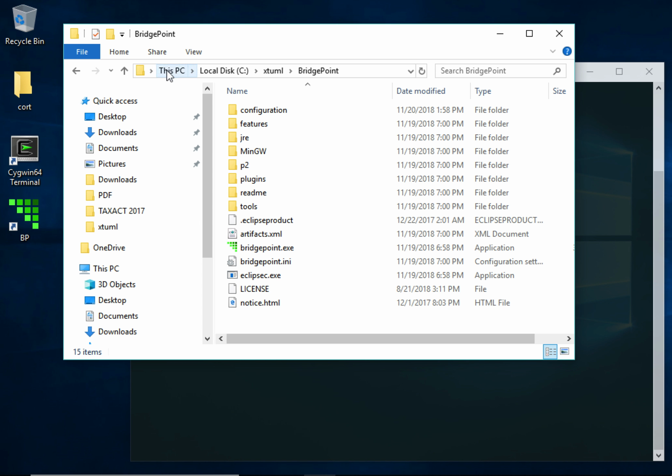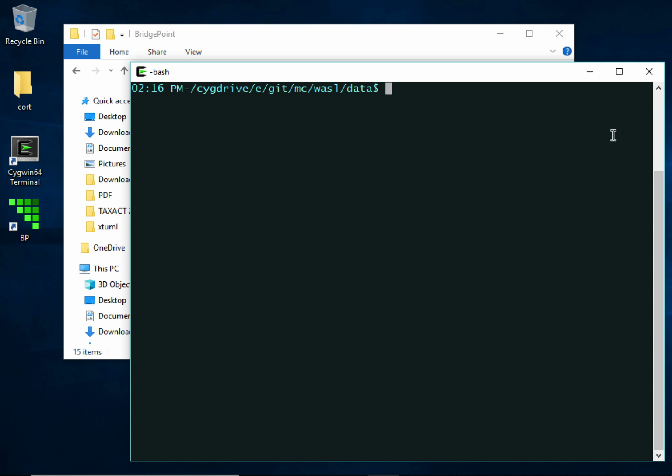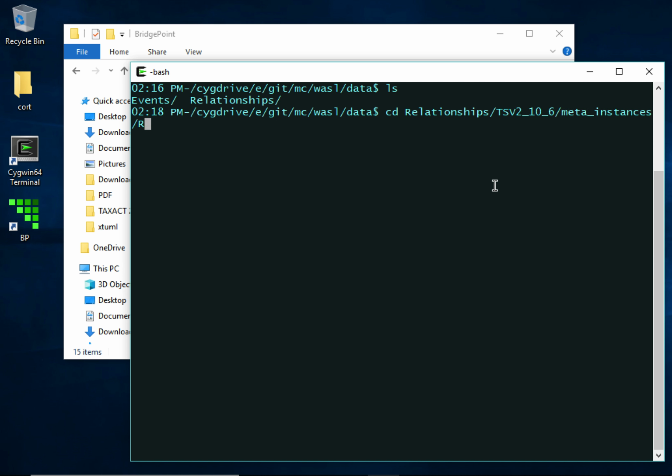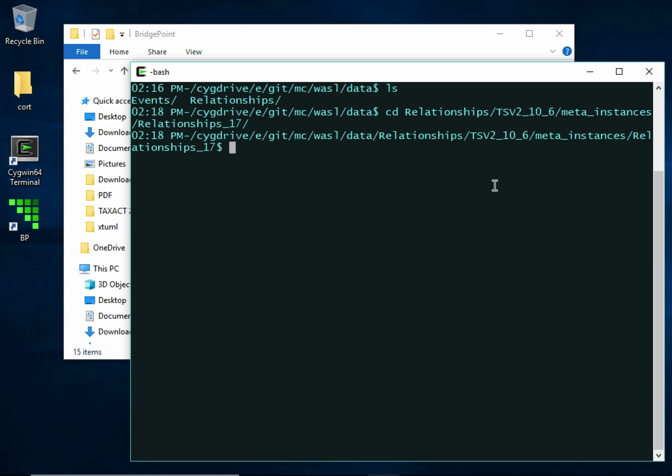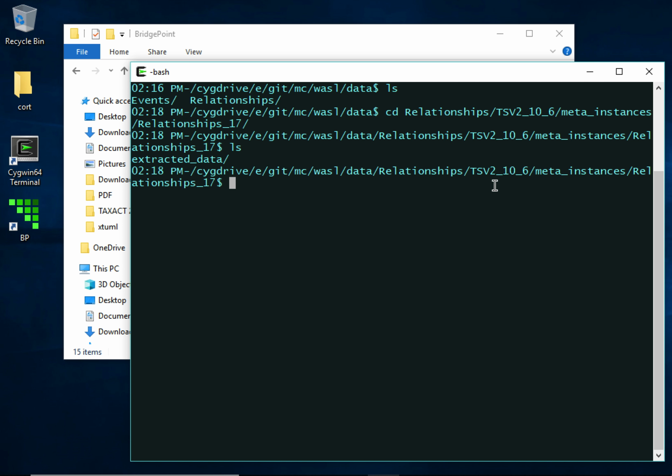In this demonstration, we're going to convert the relationships WASL model into xtUML and import it into BridgePoint. There on the file explorer, I showed where BridgePoint is installed. Now I'm listing where the relationships data is and changing directory down into